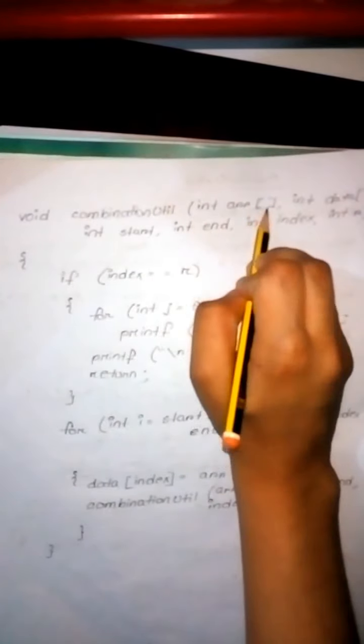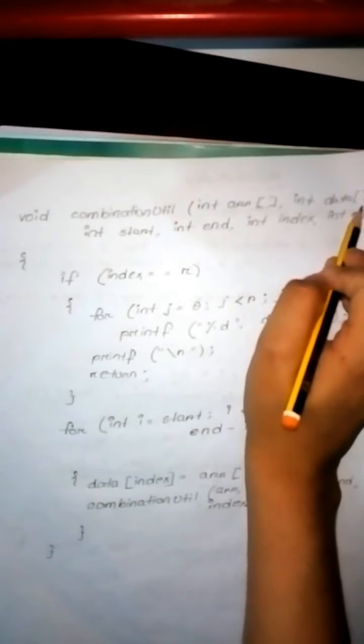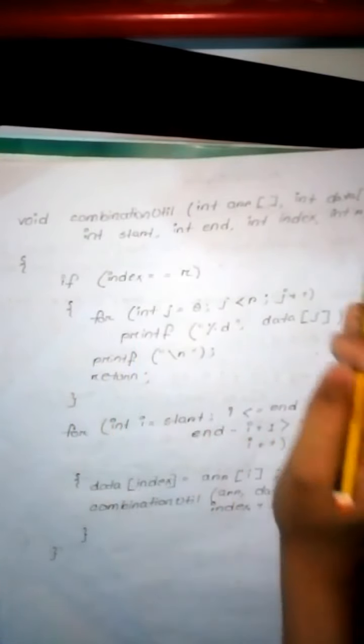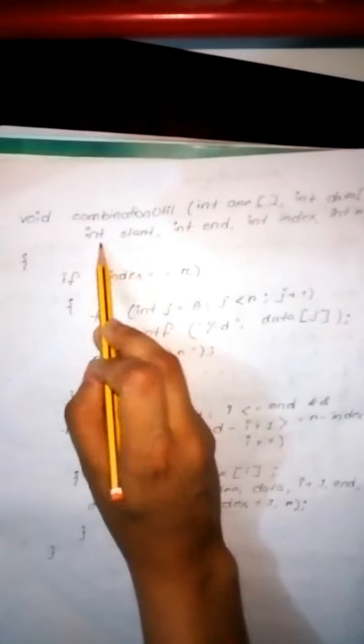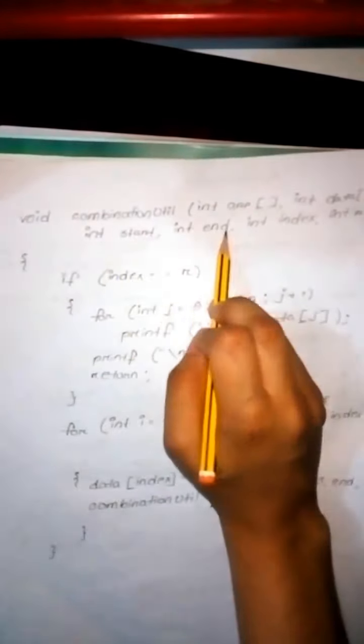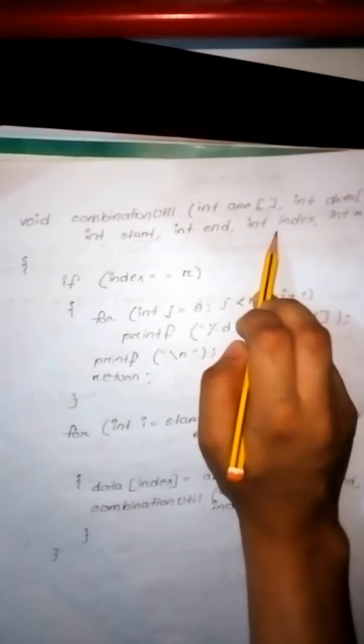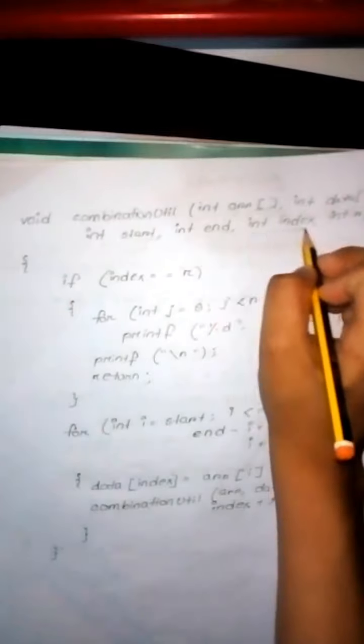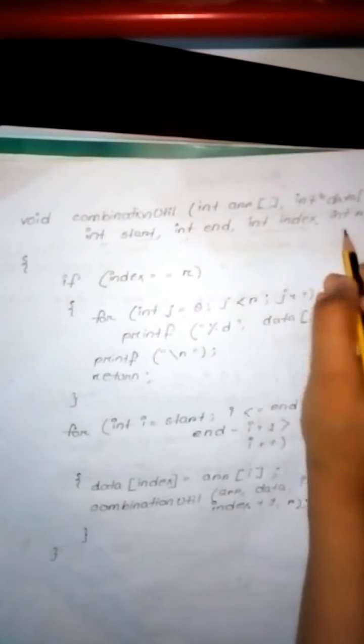What does this function combinationUtil do? Here in this function we have integer array arr, which is the input array, and integer array data, which is a temporary array to store the current combination. When we do one combination through this process, the combination value is saved inside this array. Integer start refers to the starting index, integer end is the ending index, index is the current index in data that we are going to save in this array, and this integer r is the size of combination to be printed.